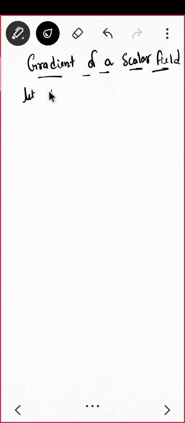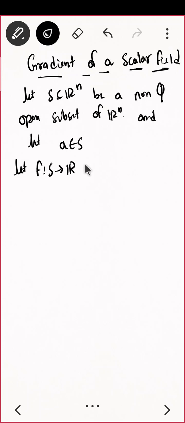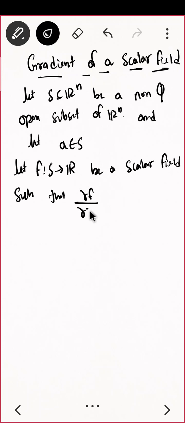Let S, which is a subset of Rn, be a non-empty open subset of Rn, and let E belong to S. Let f from S to R, since it is a scalar field, be a scalar field such that each of its partial derivatives, that is dou f by dou xi, exist for all i equal to 1 up to n, then